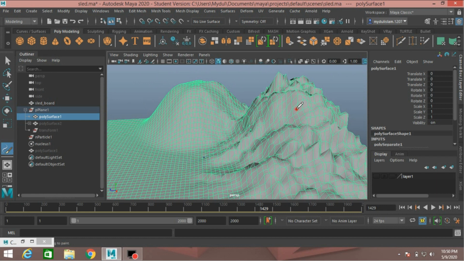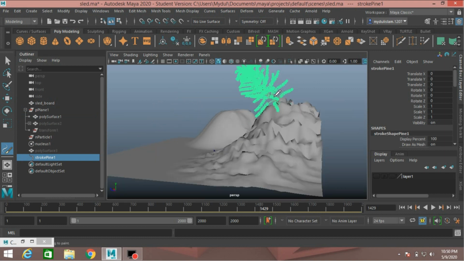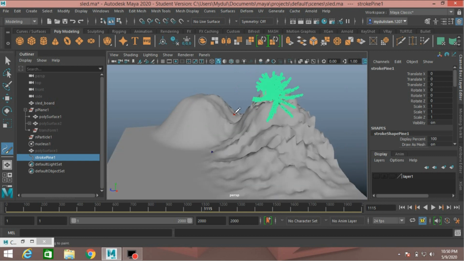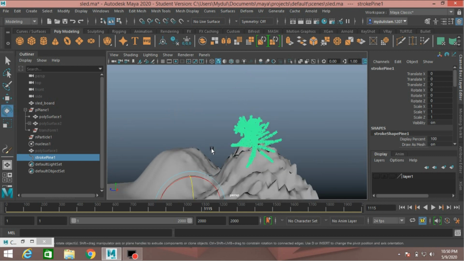Select the paintbrush tool and draw one here. Rotate tool.